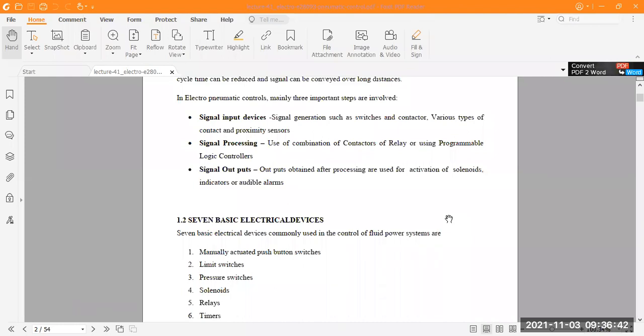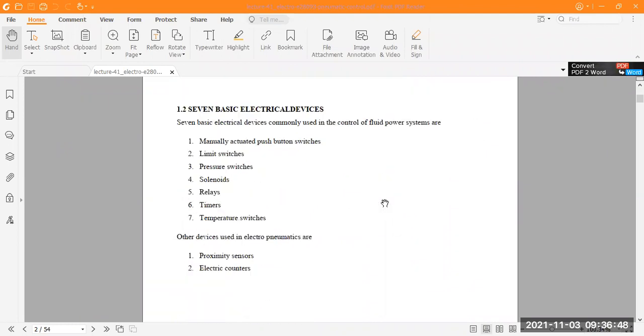In the output we use different types of indicators and audible alarms. Then we discuss the 7 basic electrical devices used in pneumatic controller systems: the manually actuated push button switch, limit switch, pressure switch, solenoids, relay, timers, and temperature switches.